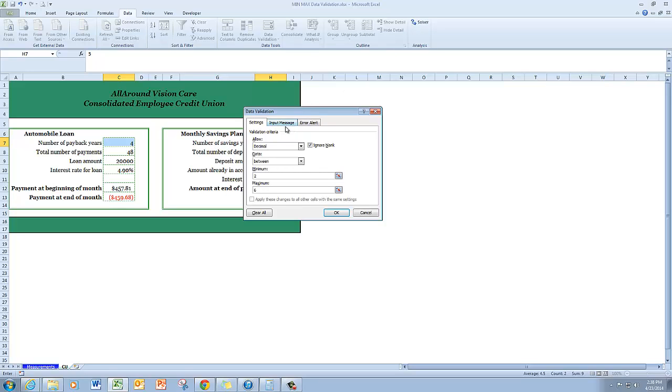So one thing that we didn't do last time, we did an error alert, but we didn't do an input message. So you can also provide for a screen tip. Basically, when the person clicks on the cell, the screen tip shows up and gives them information about the cell or tells them what to put in the cell or whatever type of message you want to have activated when that cell is clicked. So on the title, we're just going to enter CU requirement,